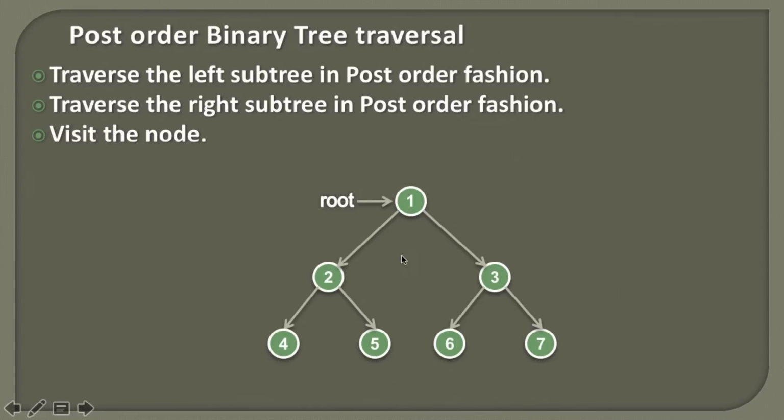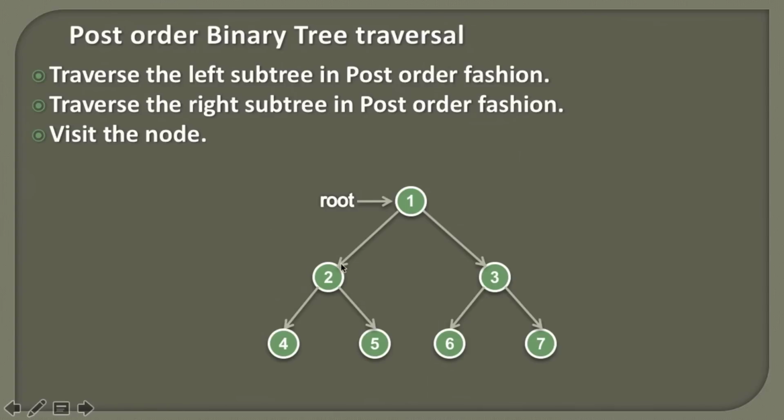So if we take an example of a binary tree shown in the slide, then basically we start with the root node and we apply these 3 steps over the root node. So what actually we do is, in order to visit this particular node, first we actually visit its left subtree completely, then we visit its right subtree completely, and then we actually visit the node. So here if we want to visit the node 1, then we have to first visit its left subtree completely, and then we have to visit its right subtree completely, and then we can visit the node.